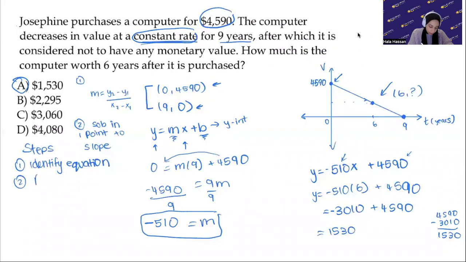Second is to find constants. And when I mean constants, I'm not talking about like just the b. I'm talking about numbers that stay the same. So m as well as b. So the coefficient m and the y-intercept or constant b. Okay. And then 3, sub in your given